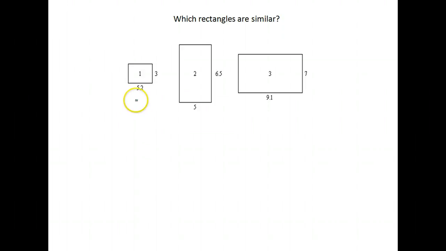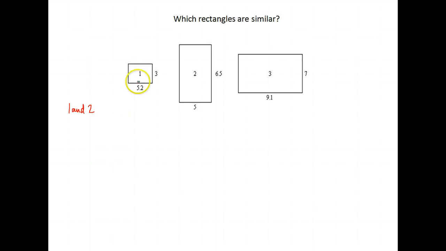Okay, so if we're trying to decide which pair of rectangles are similar, in order for two figures to be similar, their corresponding sides have to be what's called proportional. So what we're going to check is to see if when we put corresponding sides in a fraction together, are they equal? The ratio is equal for each pair. So let's first try